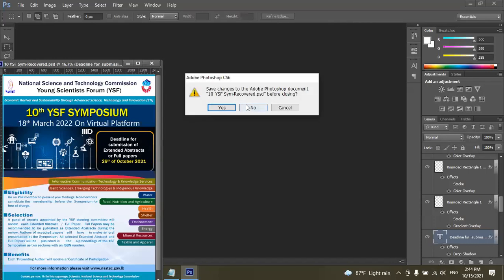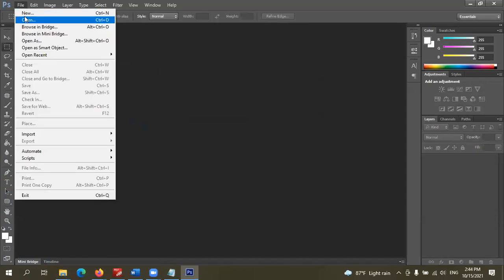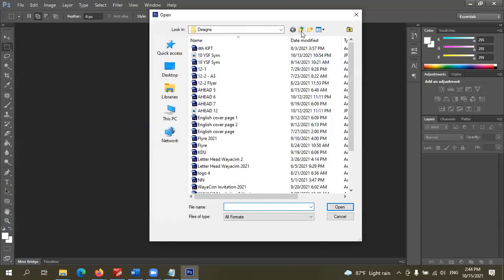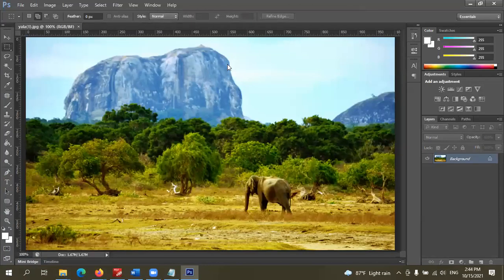You can see here also the tools are same, right? Toolbox, options, layers. So if I open an image, same layer. See.